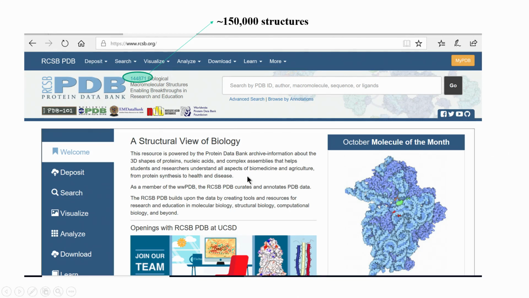So, in the next class we will continue with the basic protein structure and we will see what the different types of proteins are. There is another class which we have not looked at, we will look at that and then continue with how NMR can be used for protein structure determination.